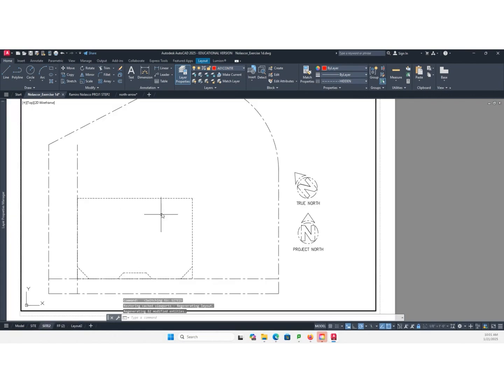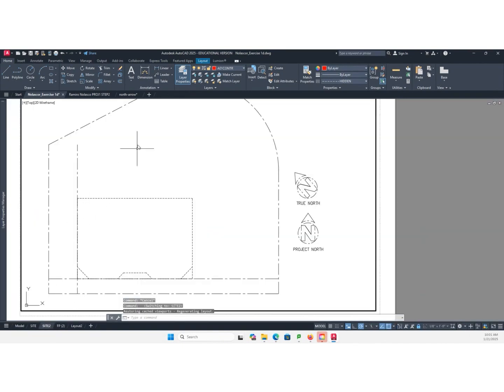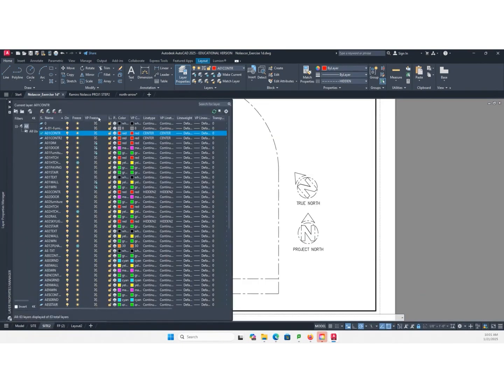And here, you're showing the building footprint only. So that's BP freeze, BP viewport freeze. So you don't want to turn it on or off because it will be turned on and off globally. You only want to BP or viewport freeze those layers.